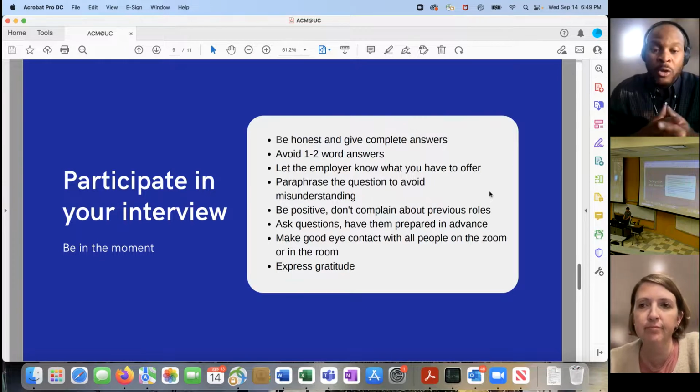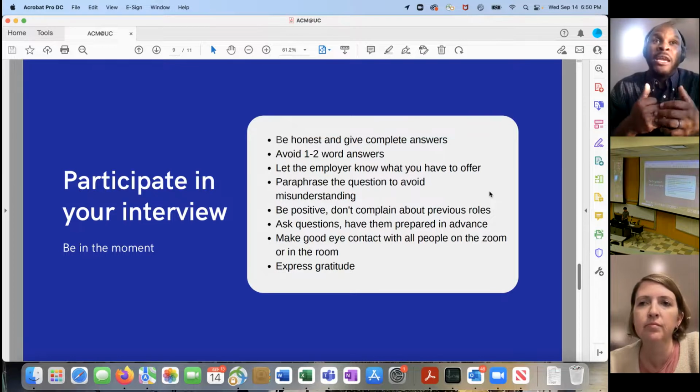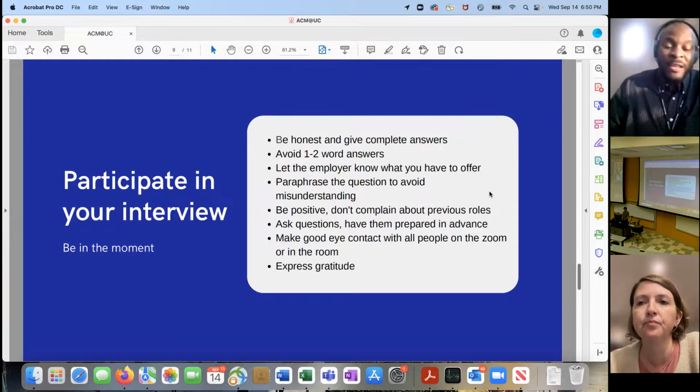So the S, if you're unfamiliar, stands for situation. The T stands for the task involved with your response that you're going to explain. The A stands for action, or what were your action steps? And then the R is for what were the results of the scenario. And so if you are providing full, complete answers to questions, you should be able to identify those elements as a part of your response to help a decision maker really understand your value and that you understood the question and could then execute effectively.